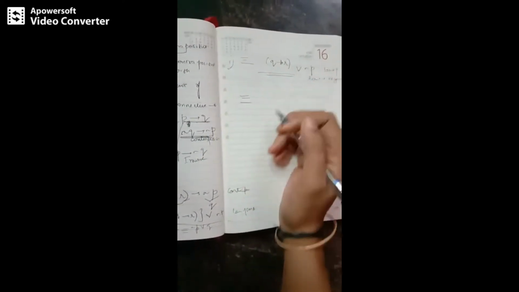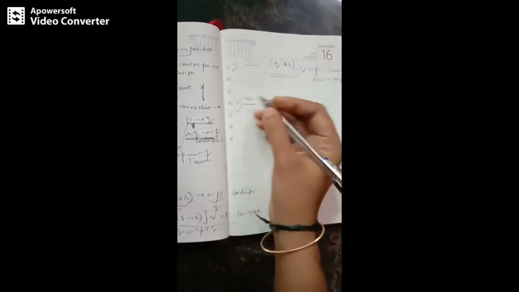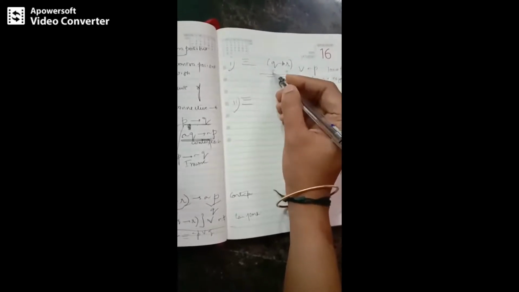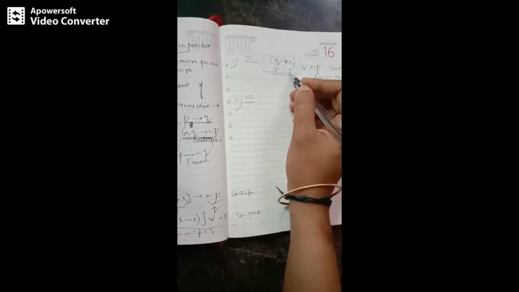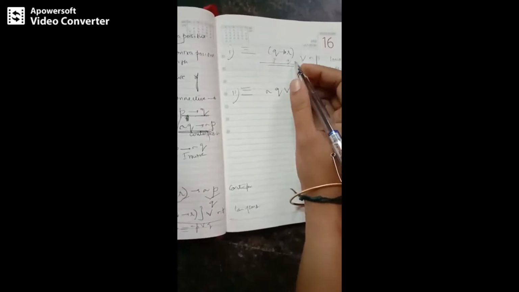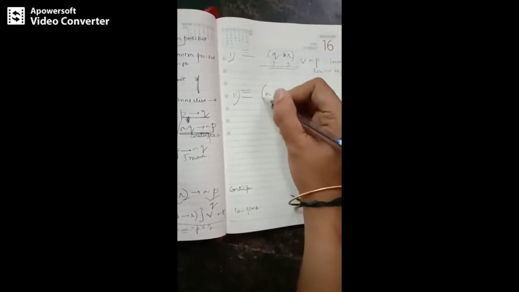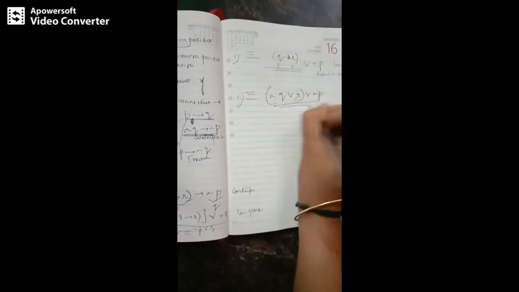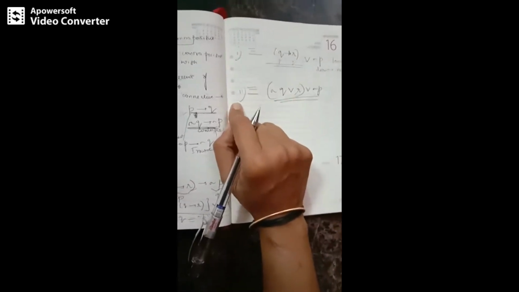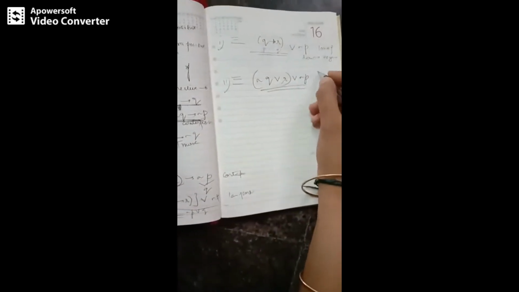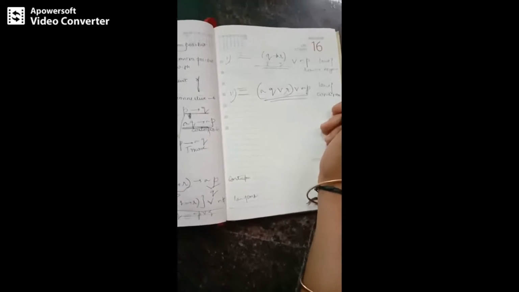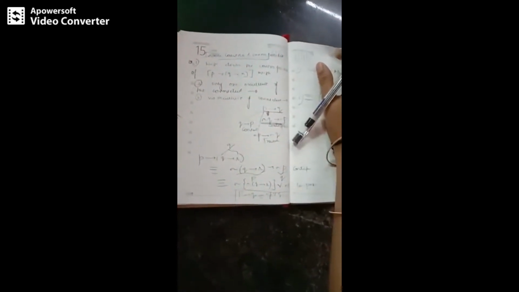There is one occurrence of implication, and in the second sub question we should not have any occurrence of this. So let's solve this kind of implication symbol. So this I can take as P, this I can take as Q. So P implies Q will be negation P or Q. So what is P here? Negation P or Q. What is in place of Q? R. Negation P or Q. So there is no occurrence of implication you can observe. So this is the answer for the second sub question. So I can say this is nothing but the law of conditional. Okay. So I think this is clear to you.